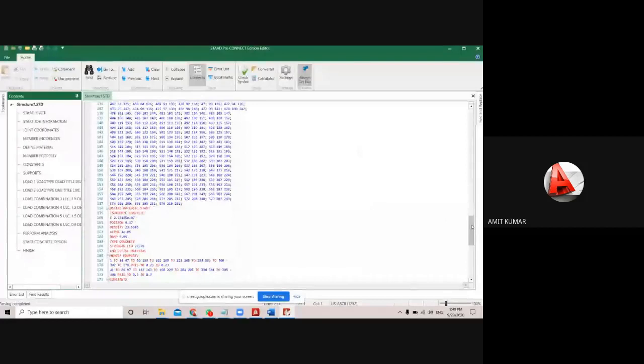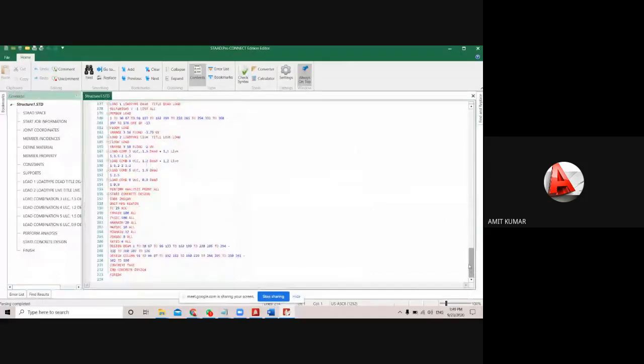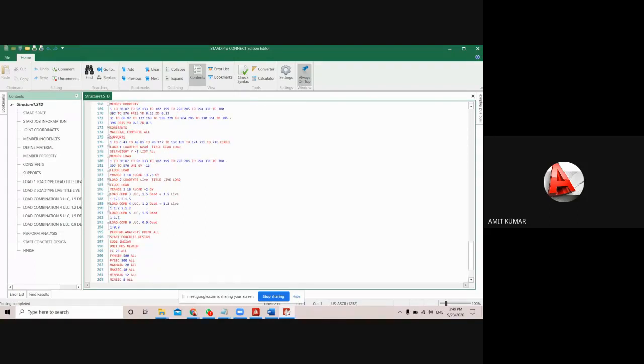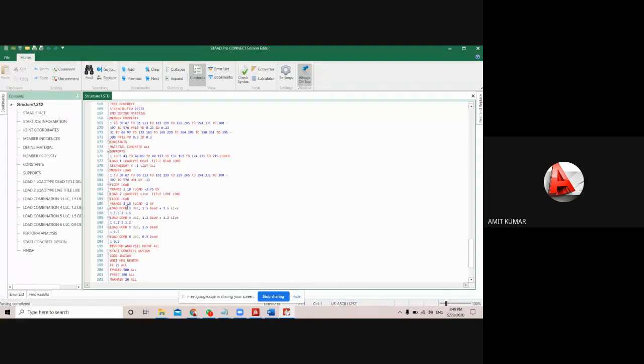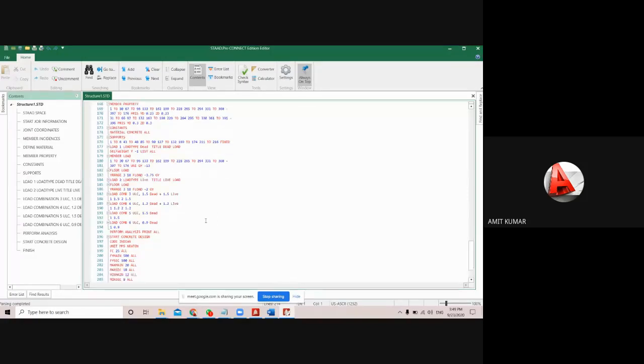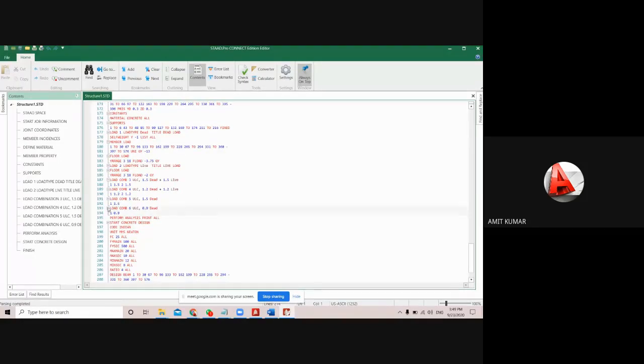Okay, now see a few more options here. Even we can change all the parameters also. FY main value, FY secondary value, design beam, design column, everything we can change. We can change the combination. Say, I don't want to use the combination number 6 here. So just remove it, or you can provide the value star star star.